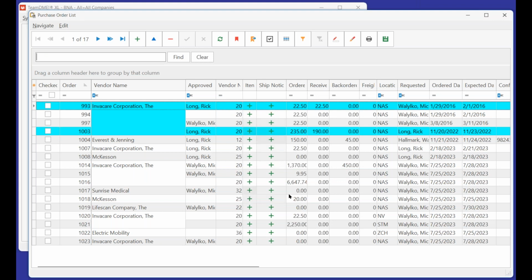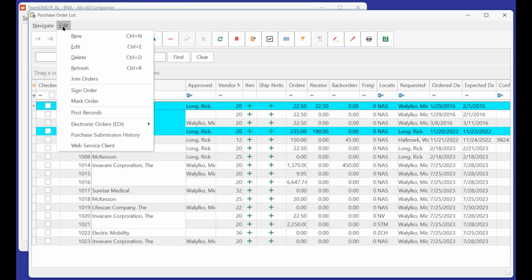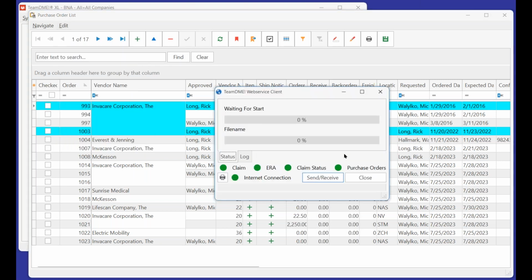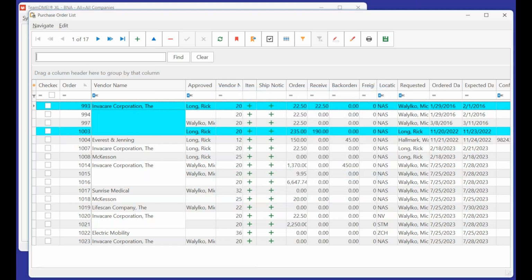But if you ever wanted to just bring up that web service client in purchase orders, let's say you just want to see if there's any reports, you can go to edit and web service client, and that would bring up the window again. And then this last one,